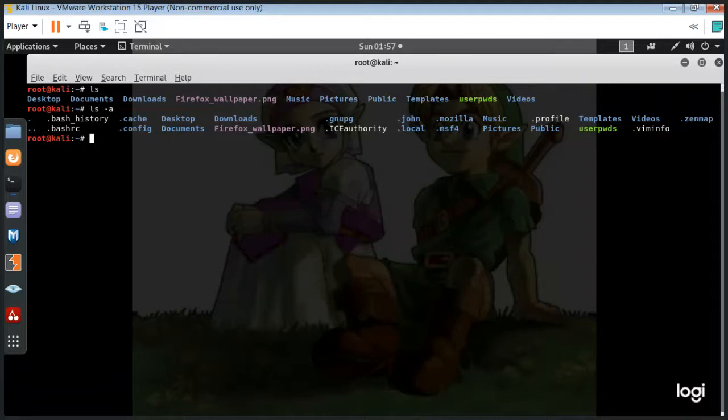Change directory is really simple: cd, space, and the directory's name. Now, case sensitivity is an important thing in Linux, so it's important to capitalize it when it's capitalized and not to capitalize it when it's not capitalized. So I'm going to transfer into my documents. What's in my documents folder? myscan.xml. Not sure what that is, but